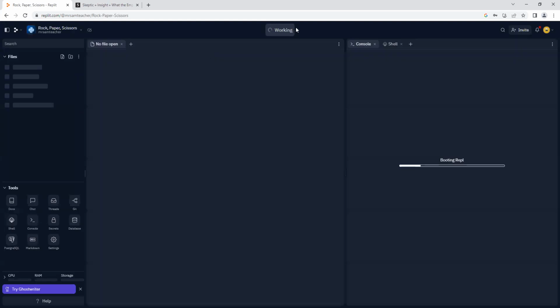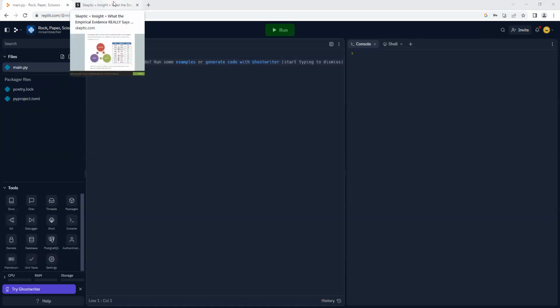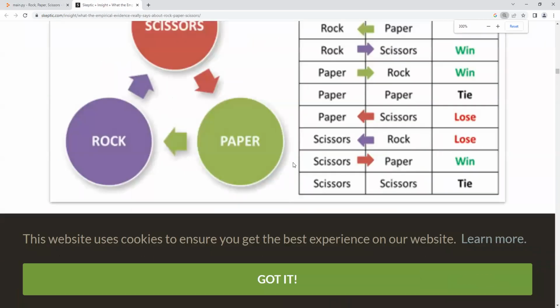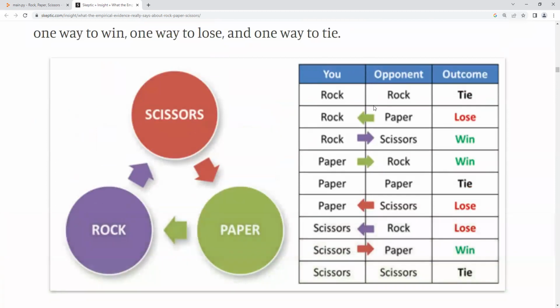The first thing to know before we start coding this little rock, paper, scissors game is what are the outcomes of rock, paper, scissors? I kind of went over it, but in a better way. You guys can see this right here, so I'll zoom in on it a little bit. So there's 3 opportunities to tie, 3 opportunities to lose, and 3 opportunities to win.